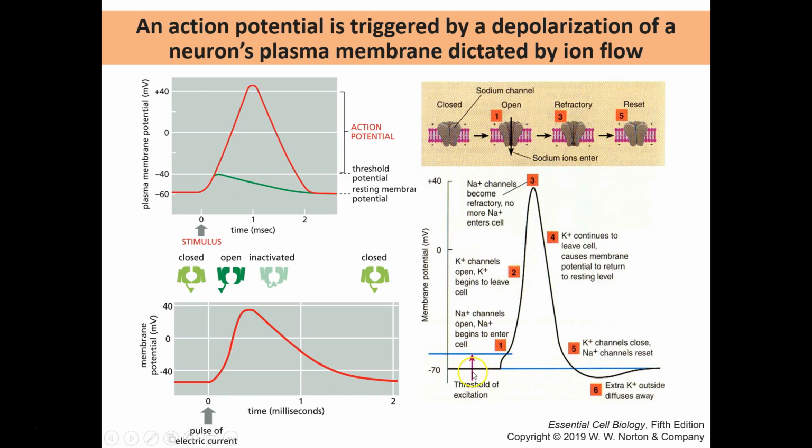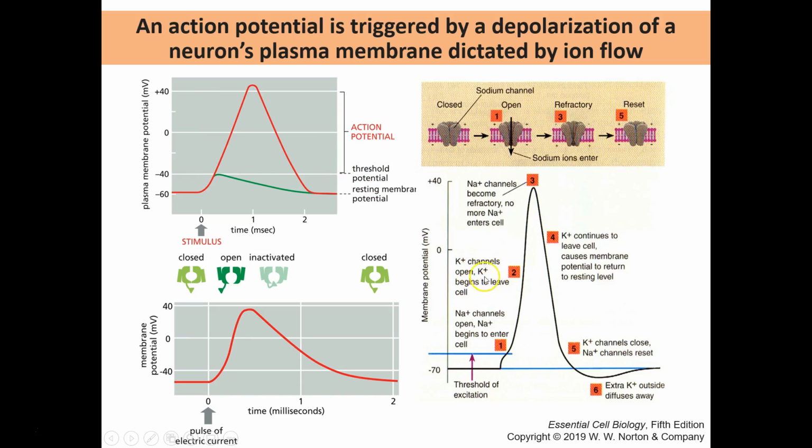At the time of excitation, when the stimulus is applied, the sodium channels open to begin with, and sodium will begin to enter the cell. Then the potassium channels will open as it goes past the threshold potential, and potassium is going to begin to